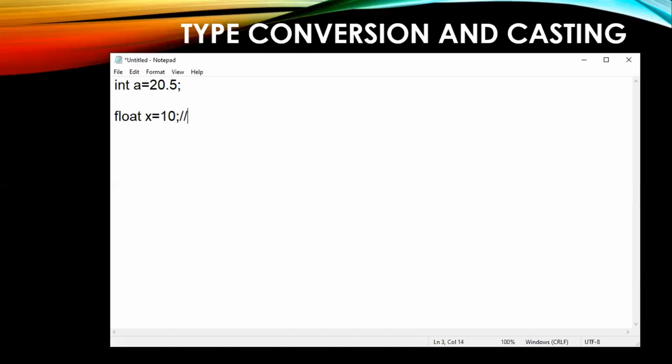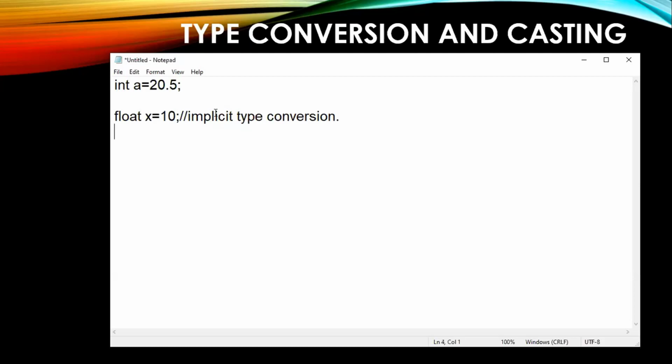So this is called implicit type conversion. Be clear with the sentence. What I'm saying is implicit type conversion, because 10 is an integer data type that can be easily put into a float, which is having a bigger space when compared to integer. No problem. This is implicit type conversion.